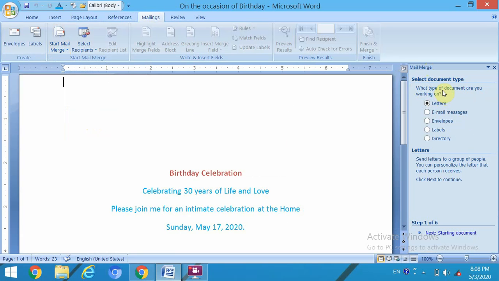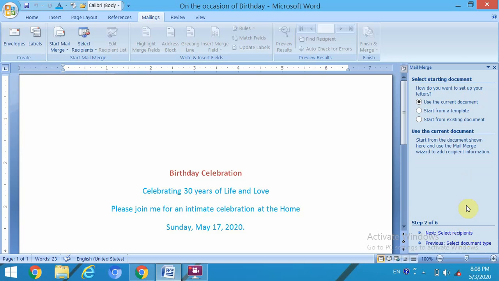Here, what type of document are you working on? First one is letter, email, message, envelopes, labels, directory. By default it is selected letters. Then we can click start document.